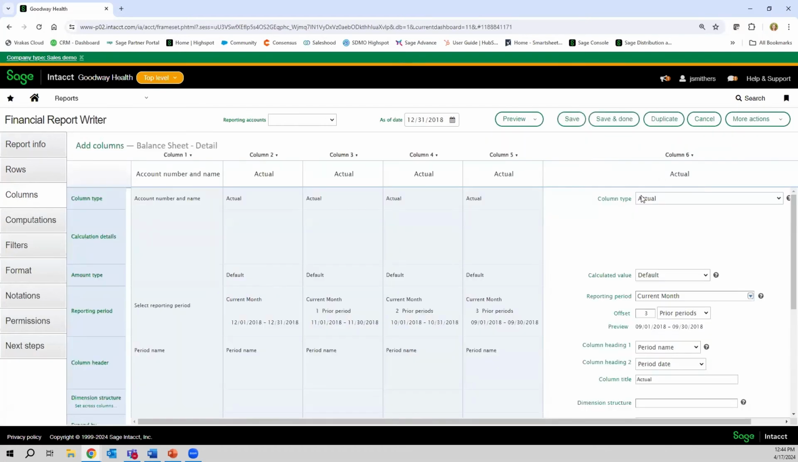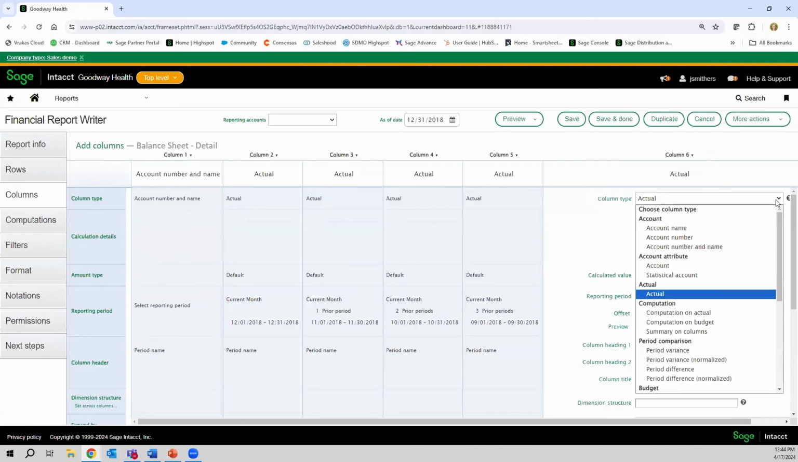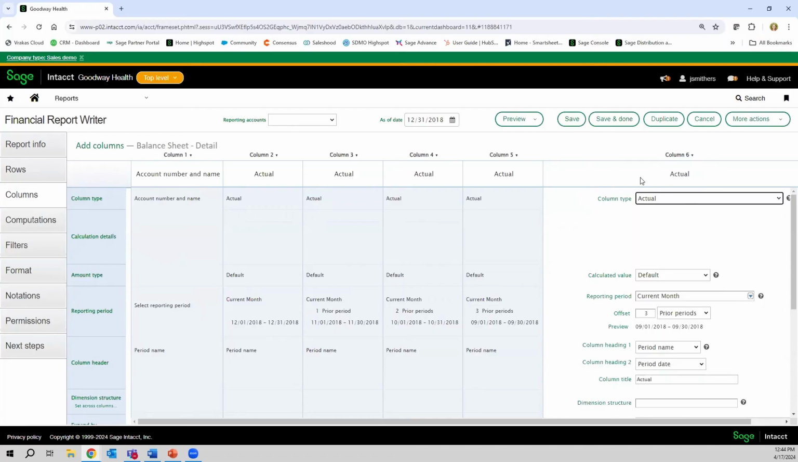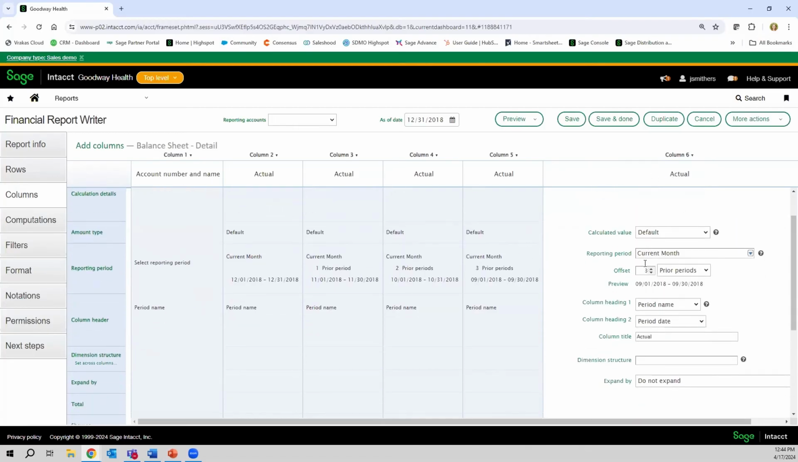When I add another column, it opens column 6, right? And so what is this column type? It's an actual. It could be a statistical account. It could be a computation. It could be my budget, etc. So all sorts of different options here, but I want to see actual, and I want to see my reporting period is my current month, but my offset, I'm adding another column here, is